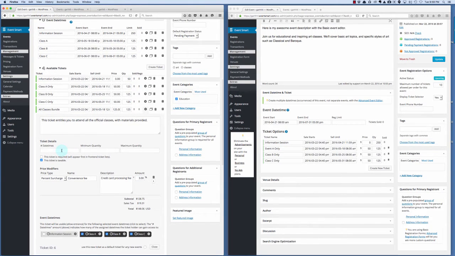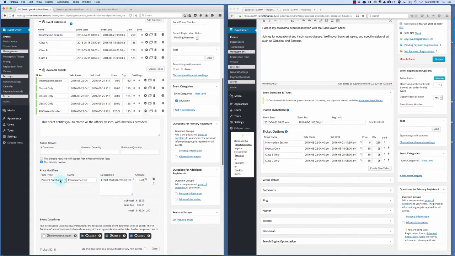There's no minimum or maximum number of date times, or minimum or maximum quantities. The ticket is not required. It's just a ticket option if somebody wanted to buy all 3 classes at the same time and get a discount. Again, this ticket is taxable. It has a surcharge, a convenience fee, of 3%. So the total ticket price is